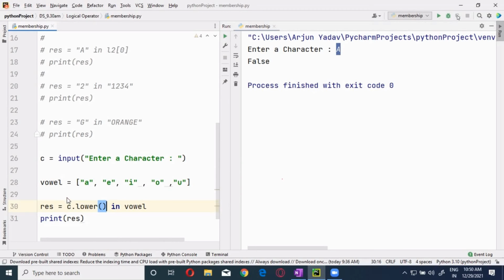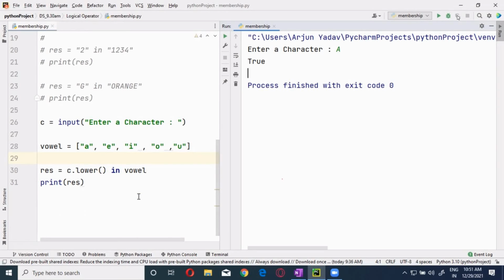Now you see this, you are going to get it. Okay, guys, if I am using G, what is this? Vowel? No, false. Now if I run this one, I will use A. Vowel. True. Got it? So this is the way you can deal with things.